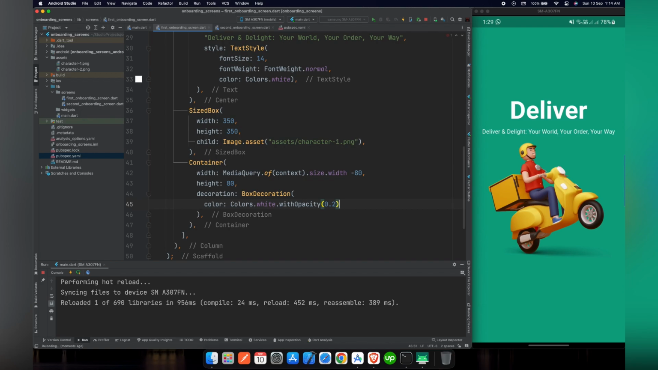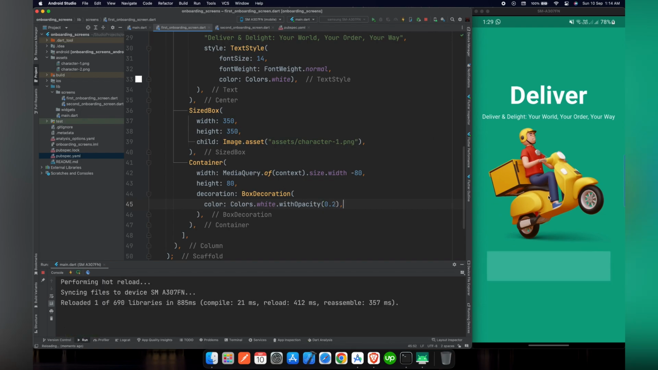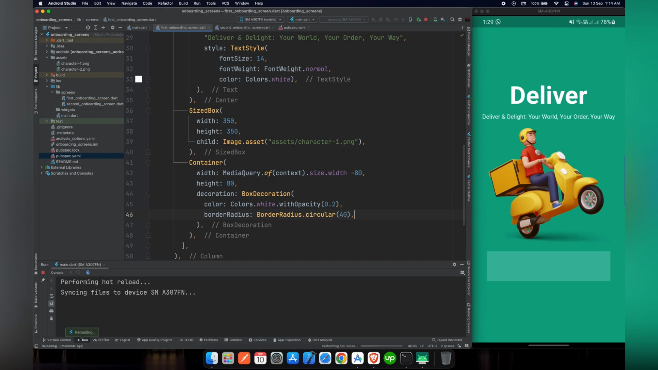Let's give it an opacity of 0.2, and now if we reload our project you can see that there is a faint white box at the bottom of our screen. So now let's give it a border radius. For border radius we will use BorderRadius.circular, and inside this I am going to pass 40 pixels. And now if we reload our project you can see that the container has circular edges now, which looks more